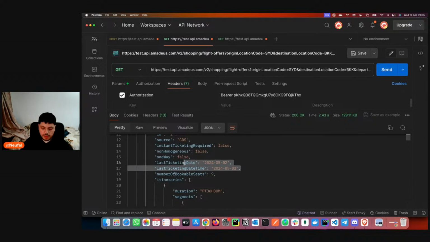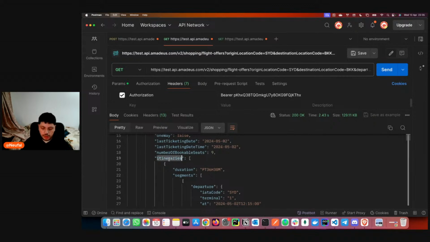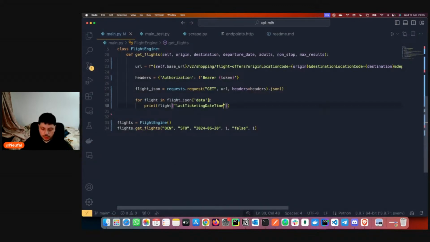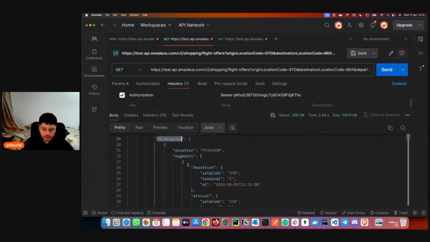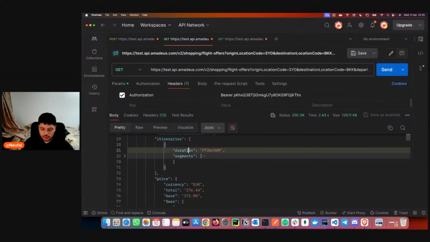Because this is basically the data we want to search for. So basically we need to loop itineraries. Instead of JSON data itinerary, sorry, let's make it standard itineraries, and then inside we want to check the duration.